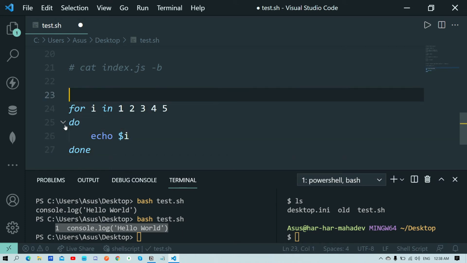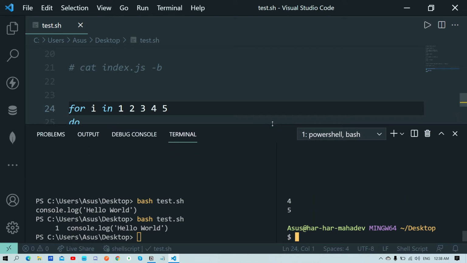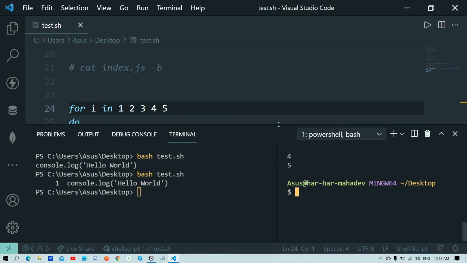That's it, finish. So let's try to run this with sh test.sh. There is also a command like sh -x test.sh. It will display all the numbers from 1 2 3 4 5, which is present over here.